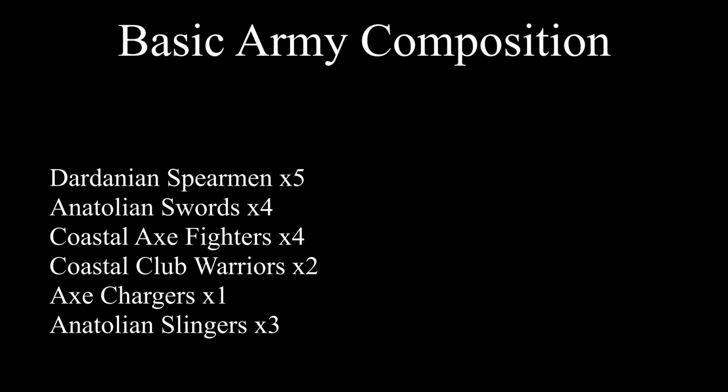Now we'll be looking into a mid-game army composition. Aeneas has been slightly more difficult to create a generic army composition for, due to his units having such low morale. This army composition should stand up well against many armies, but do not let them get funneled into a choke point. We'll have 5 Dardanian spearmen, 4 Anatolian swords, 4 coastal axe fighters, 2 coastal club warriors, 1 axe charger,